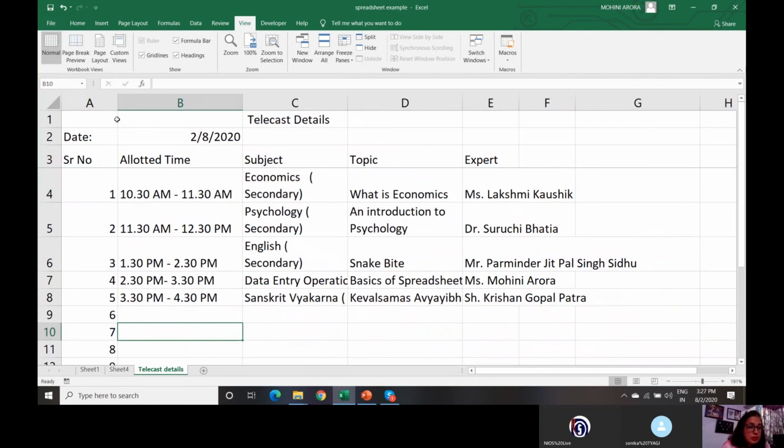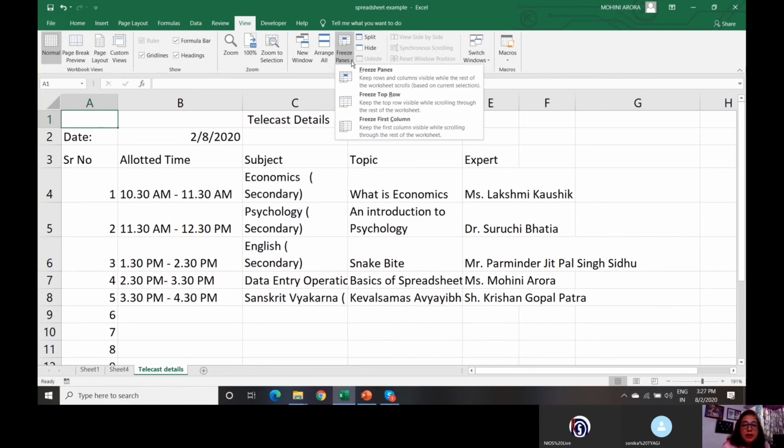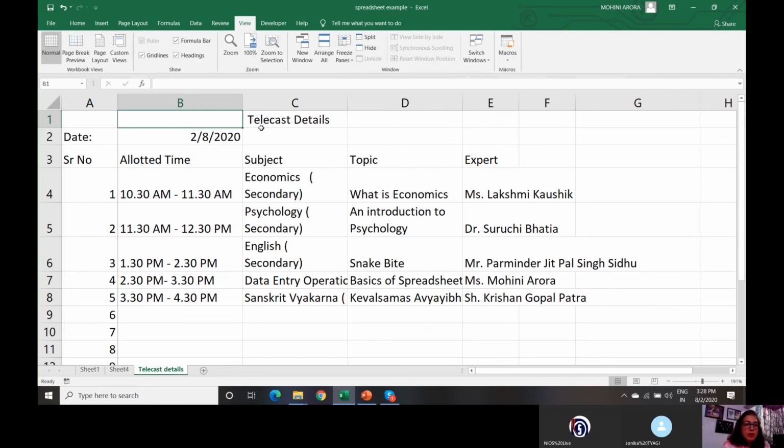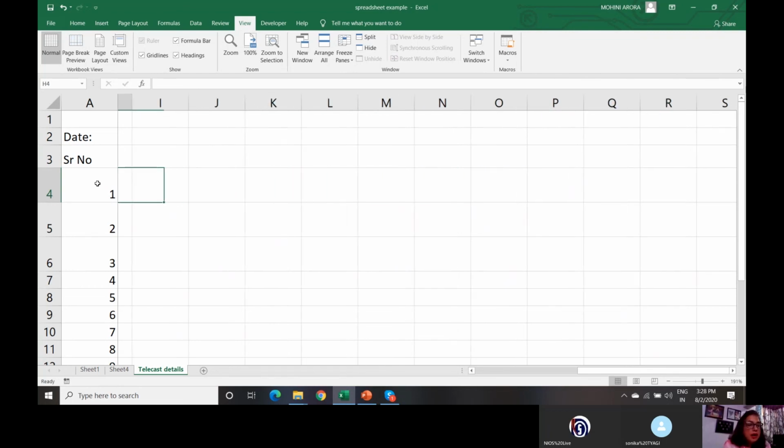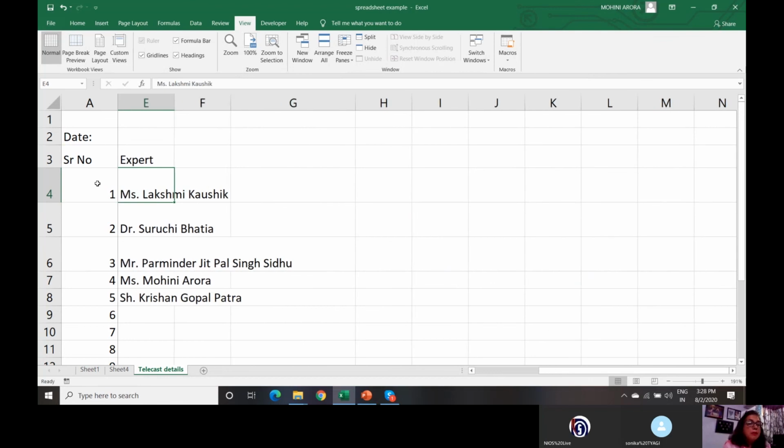I have frozen rows. Similarly, I can freeze columns as well. Say, for example, I unfreeze and I want to freeze this particular column. So I click on the arrow and say freeze first column. Now see what happens. Even though the entire data is scrolling, the serial number column is frozen. That particular column stays intact. So no matter how much I scroll horizontally, I know that I am viewing the data for serial number 1.